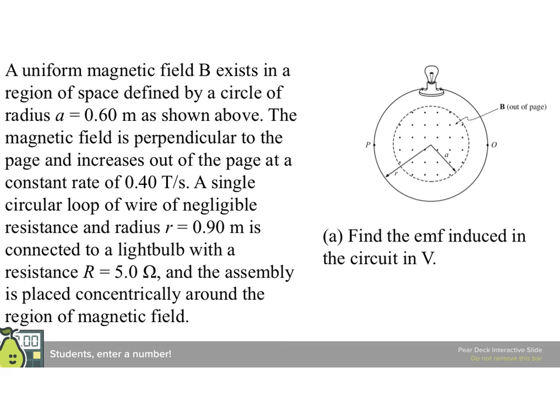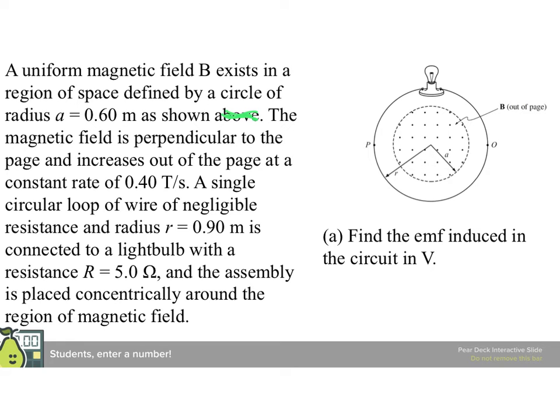All right, for the next few slides, we're going to explore this situation. We have a uniform magnetic field B that exists in a region of space defined by a circle of radius A, as shown. The magnetic field is perpendicular to the page and increases out of the page at a constant rate of 0.4